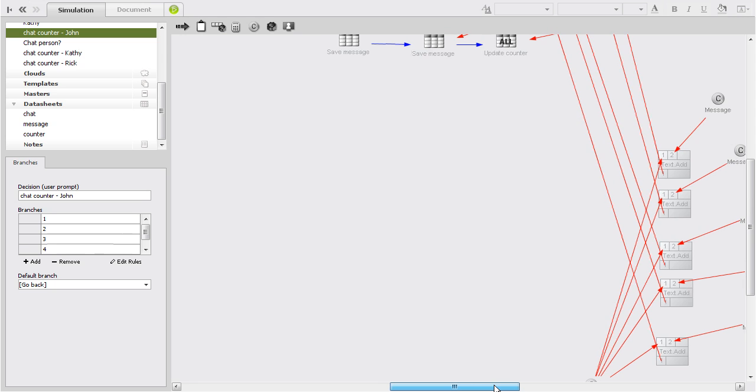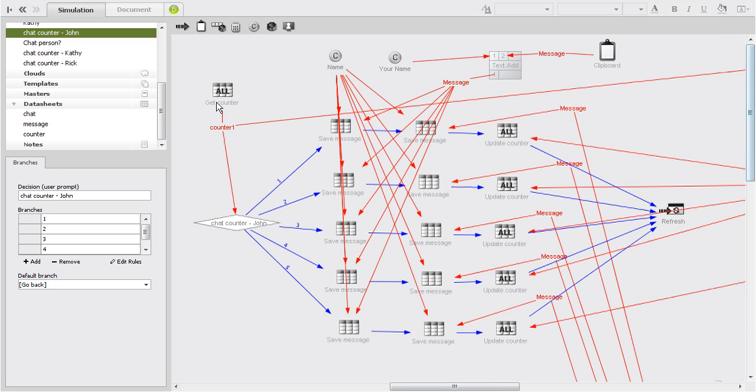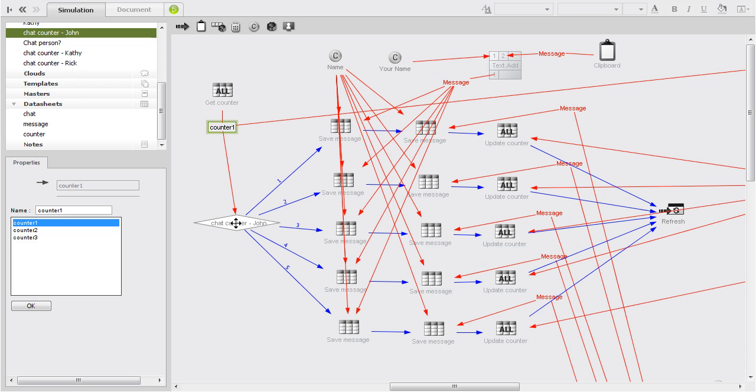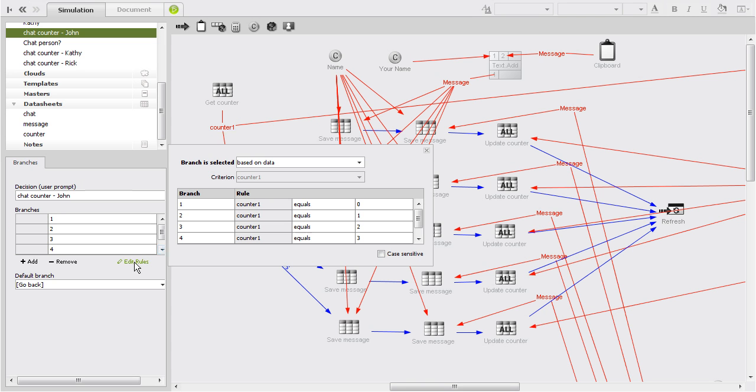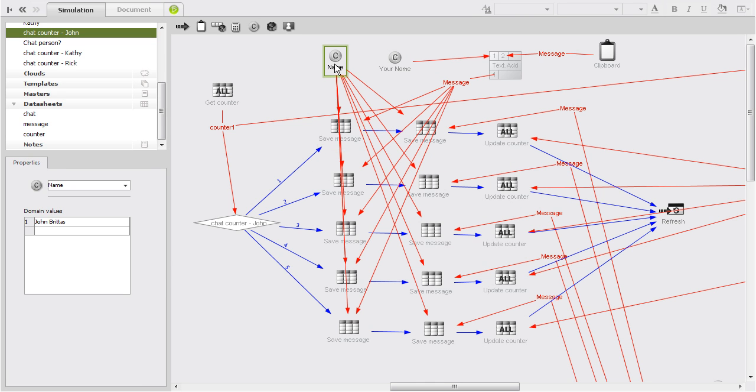What we do is get the initial counter. In this case the counter is 0, so if you look at the rules behind the counter, the criteria is evaluated and the counter value is checked. If it's 0, it follows the path of 1. So here it flows through this path, and your name goes into the name column within the message data sheet,